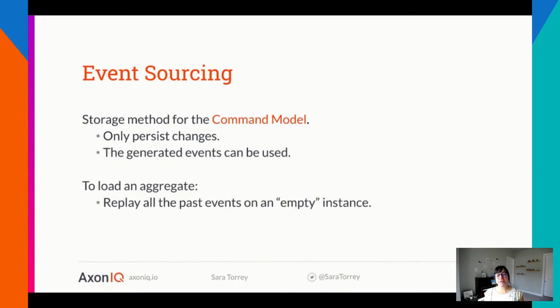Doing this replay against an empty instance means that you are recreating, or as we call it, rehydrating the state of that aggregate step by step. So what we're actually doing when we are using event sourcing is that it's not just the query model that changes through events, but also the command model. And that's what I meant, that it updates both sides of the application, the query side and the command side.